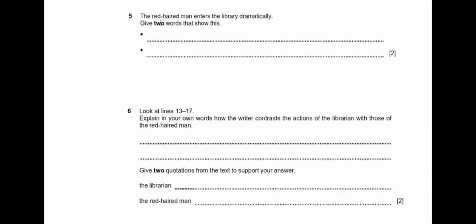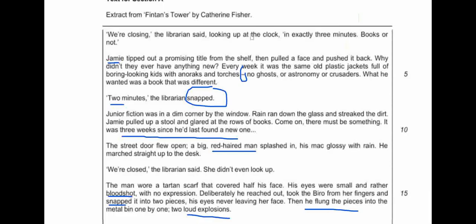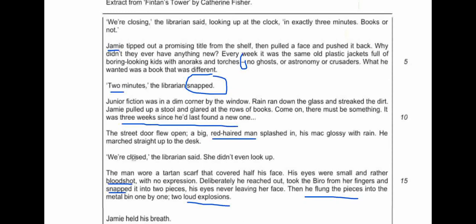Next. Question 5. The red-haired man enters the library dramatically, give two words that show this. So let's check the red-haired man passage. Two words. So when it says two words, we really have to just give two words, not more than that, according to the instruction. So this is the information about the red-haired man